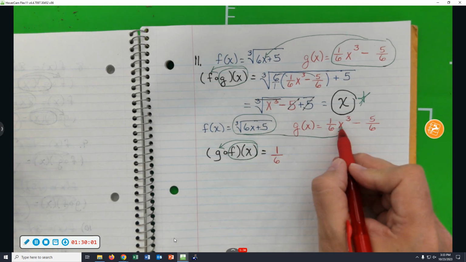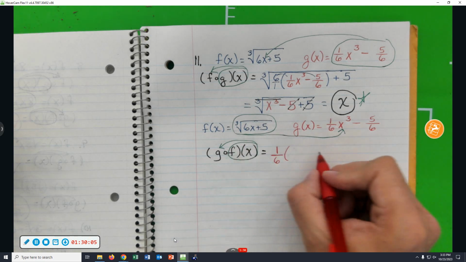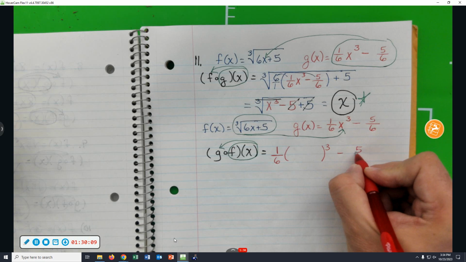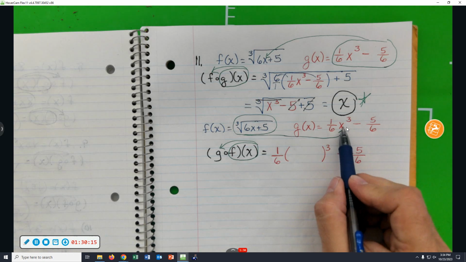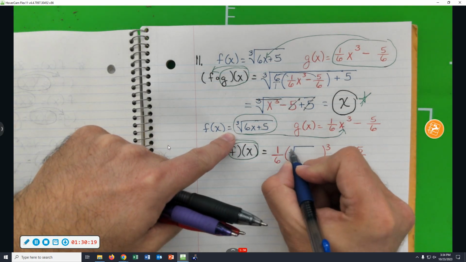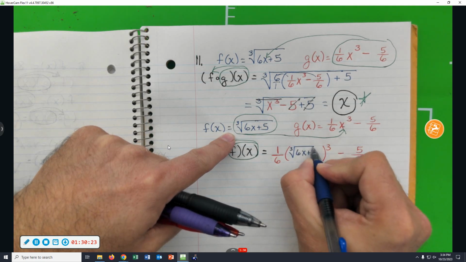In place of that red x, I'm going to put all of this blue stuff. So in place of the red x, I'm going to put the cube root of 6x plus 5,